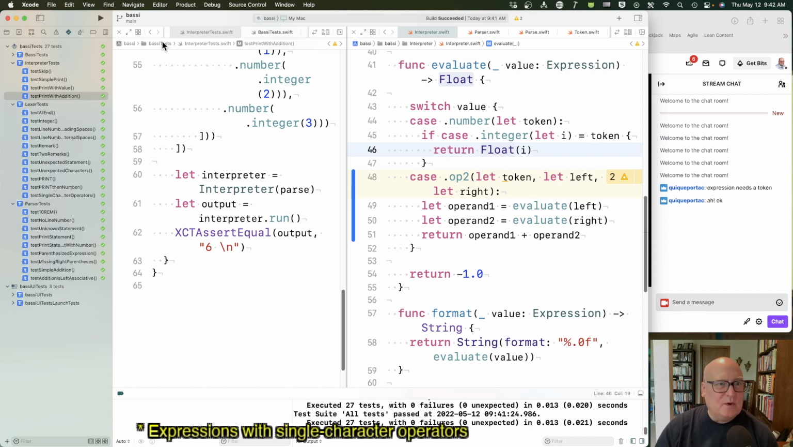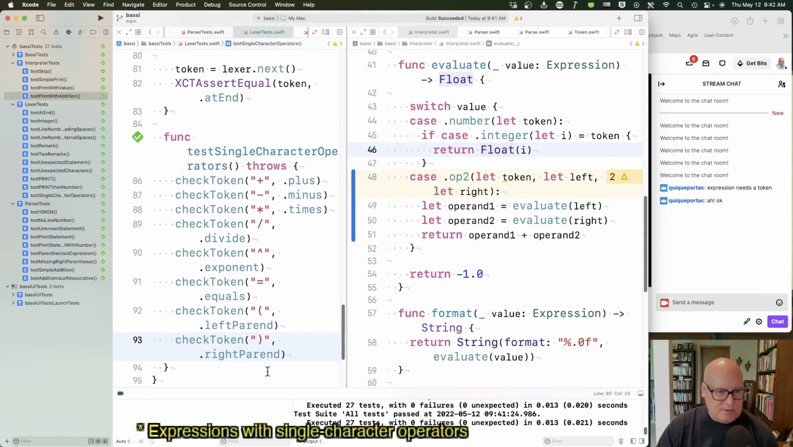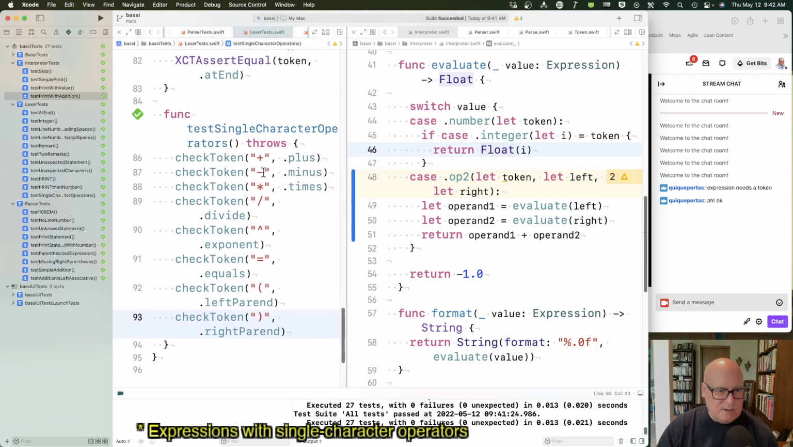We need to move on. All right. And what I'm thinking of doing is maybe taking bigger steps. So right now we already have all the tokens for these simple single character operations. Okay. And well, we have more tokens to do, but I'd like to